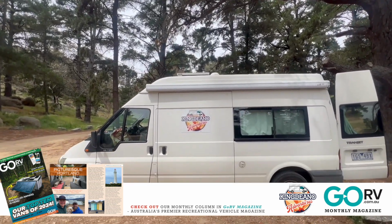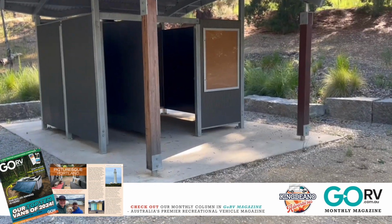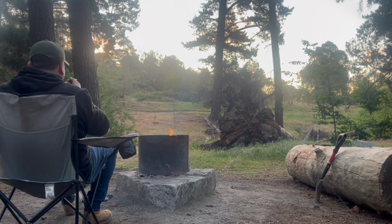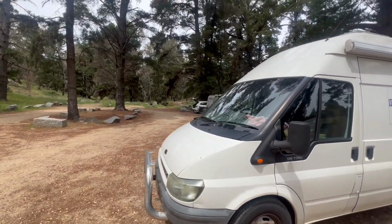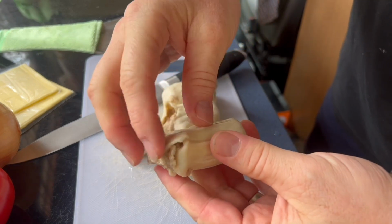You just got to get there early enough to get yourself a spot. Also, they do have drop toilets and fire pits, so you can have yourself a fire as long as it's not a total fire ban day. But my main reason for coming to this free camp spot was to show you 3 easy camp cooking ideas